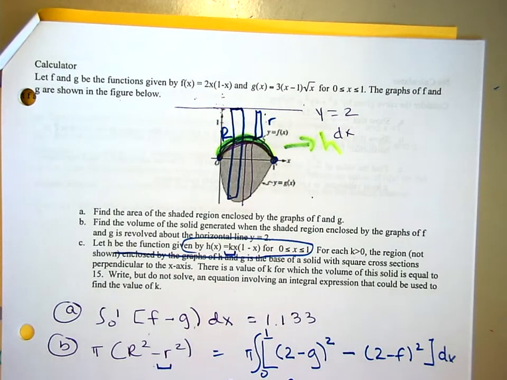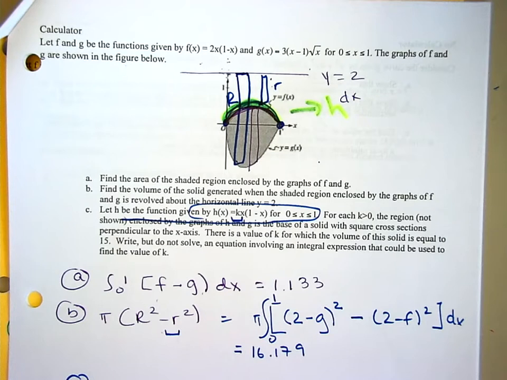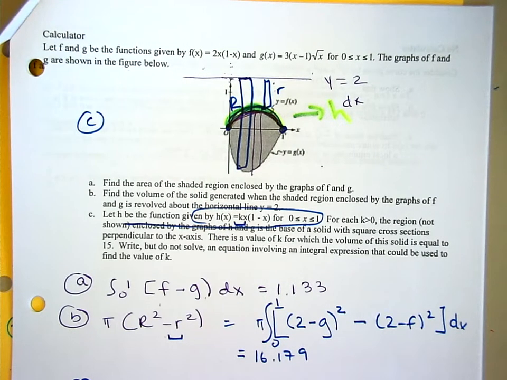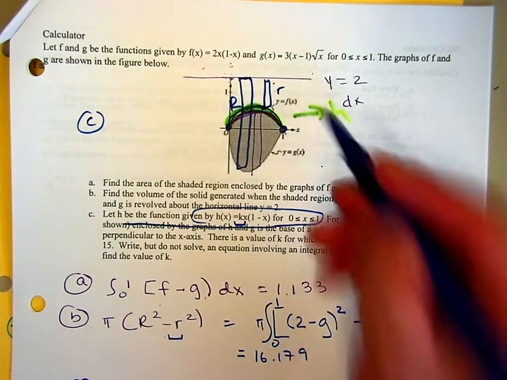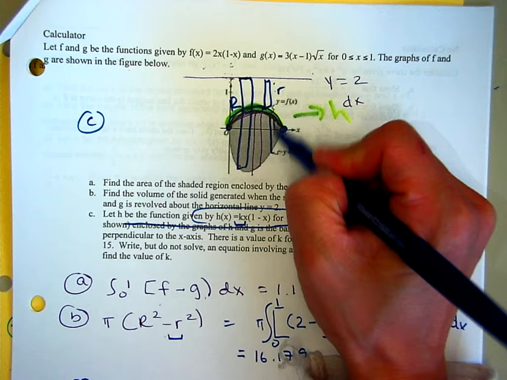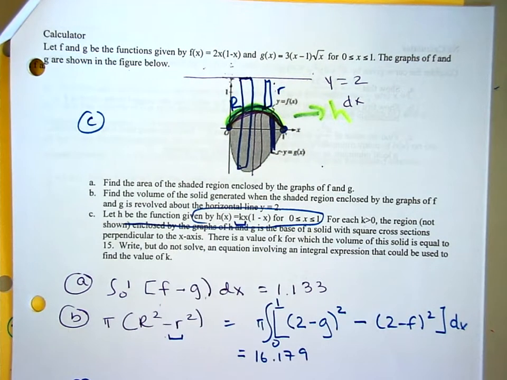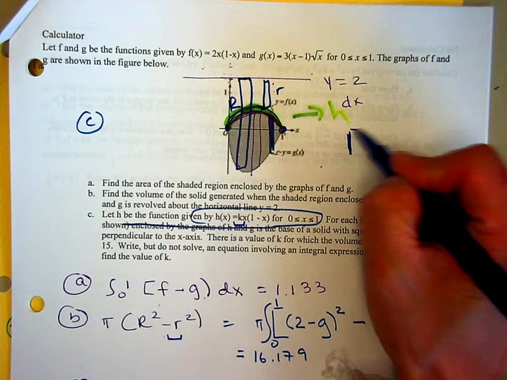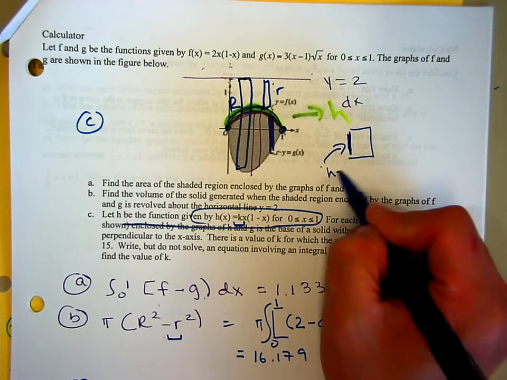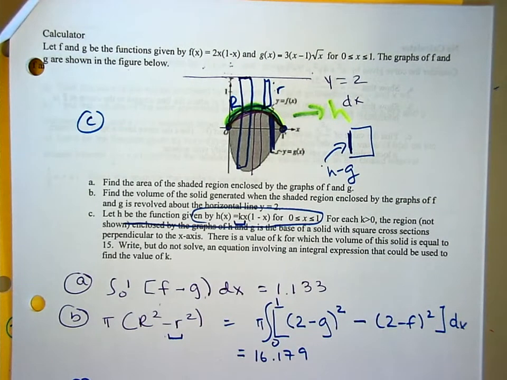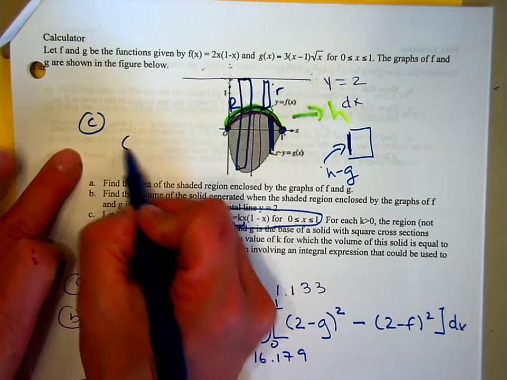So this time I want cross sections perpendicular to the x-axis, so I know I'm going to use dx, and I want the cross sections to be squares. So I'm going to draw in my rectangle. Notice the rectangle is always h minus g. So draw and think about your square. This side is always h minus g. How do I find the area of a square? Side times side. So the area of the square is h minus g